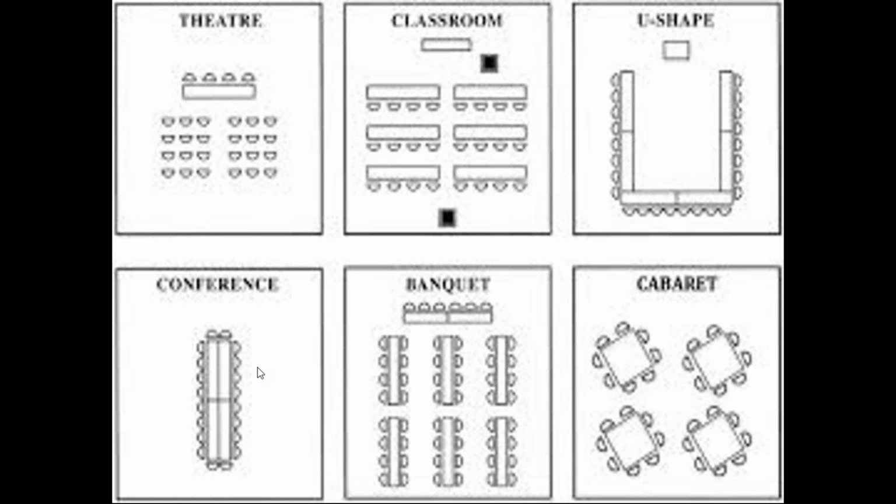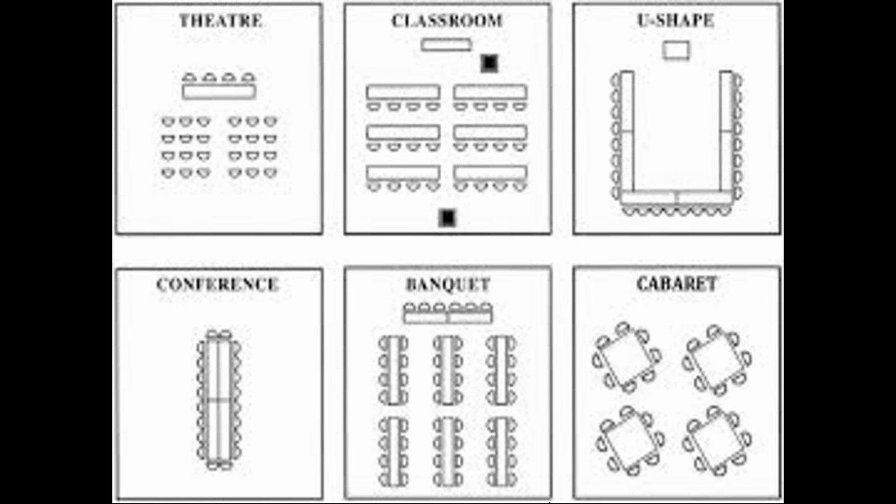And then, of course, you've got the conference setup on the left-hand side at the bottom. Now, the conference setup is a typical boardroom setup where everybody sits around a table, and probably many of you would organise your meetings like that. The advantage of that, of course, is everybody is facing each other, and I quite like that setup because everybody is facing everybody, and it gives people a chance to have a little bit more intimacy when they need to discuss things on the agenda. So I think it's a great setup.